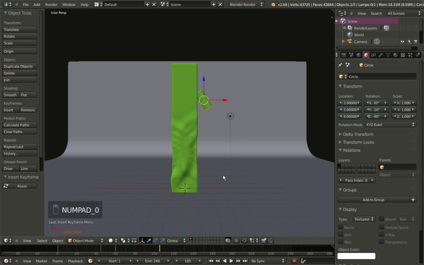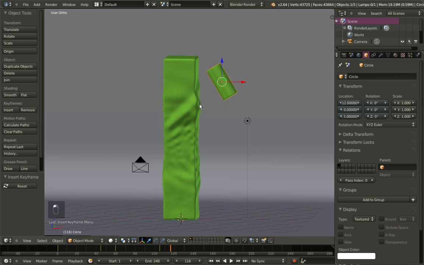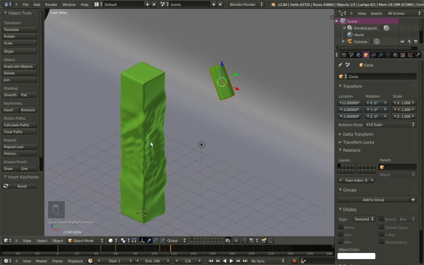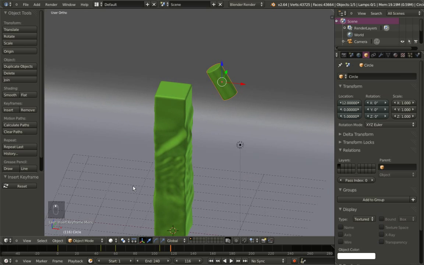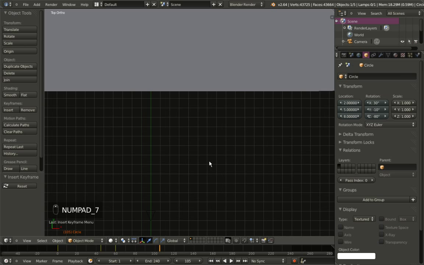Now I'm hitting 0 on my numeric keypad. Let's see again, and hitting play. And as you can see, we have the cylinder here hitting the cube and affecting the cube's geometry by using the dynamic paint. And I think we're good. Let's make our cylinder here move again. I'll hit 7 on my numeric keypad while I'm at frame 105,